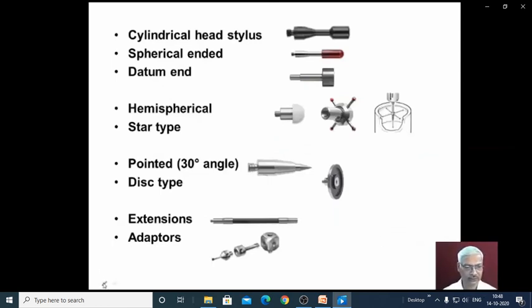Now, these pictures show a cylindrical head stylus. You can see the tip is cylindrical type, which can be used to measure threads, and this is a spherical ended stylus, and then we have the datum end.